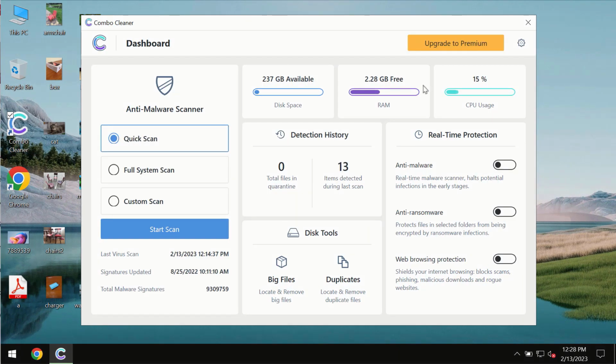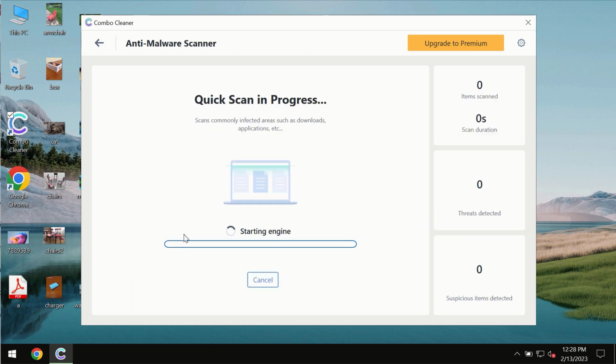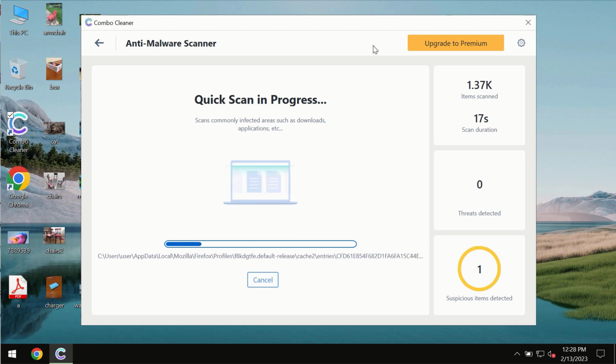After you successfully download and install the software, it will be initially in the trial mode. In the trial mode, only quick scan option is available so far. You need to click on Start Scan button, and most likely the program should first of all update its anti-malware database, which is of course definitely essential for proper detection and removal of any malware, ransomware, adware, or other types